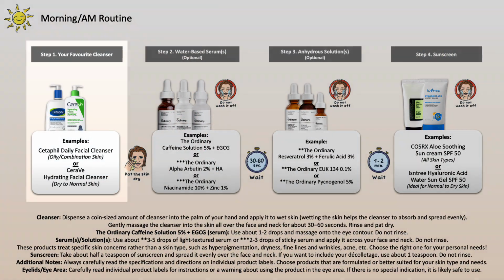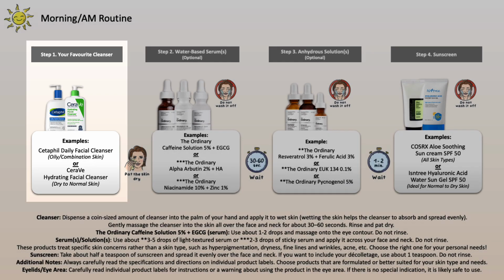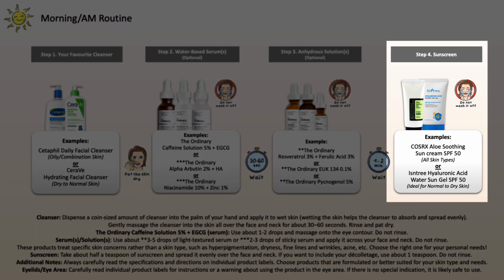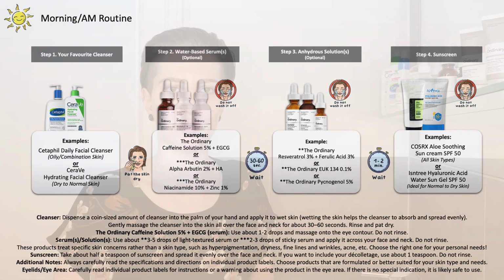When it comes to a morning skincare routine, it can be adjustable depending on your skin type and your skin needs, what you want to include. But the main focus in your morning skincare routine should be cleansing your face so that you can properly take off any residue from the night before, any excess oil and sweat from the skin, and your sunscreen during daytime before sun exposure to protect the skin from the damaging UV rays, especially if you're trying to target your hyperpigmentation and even fine lines and wrinkles. You do not want to make it worse. And so there you have an example of a morning skincare routine.